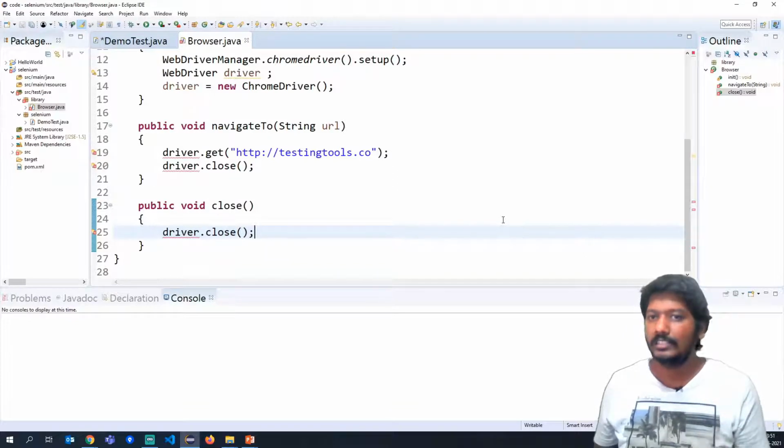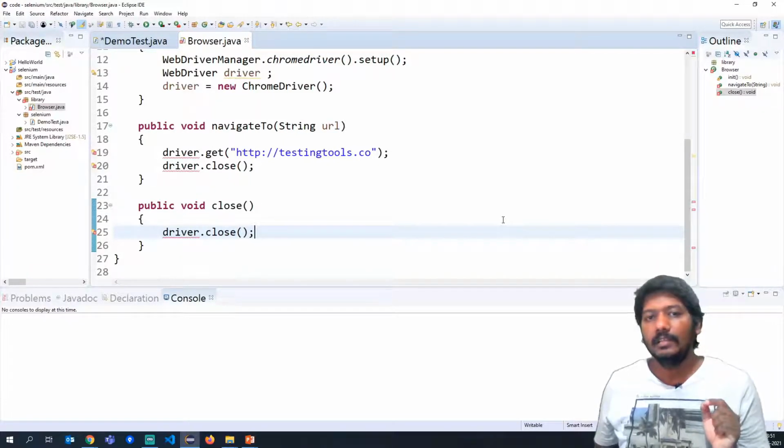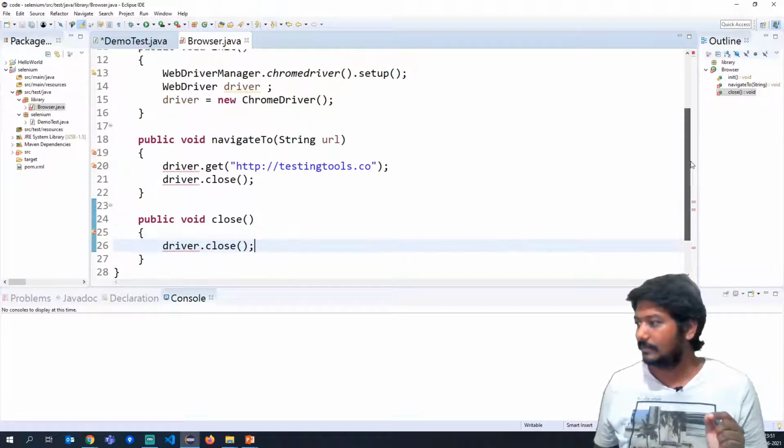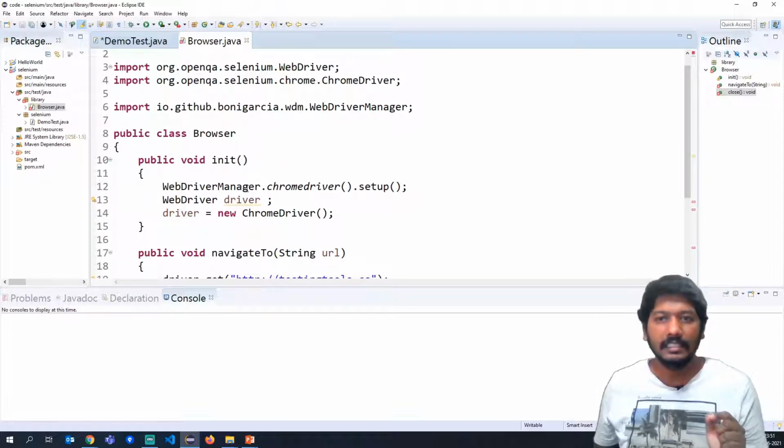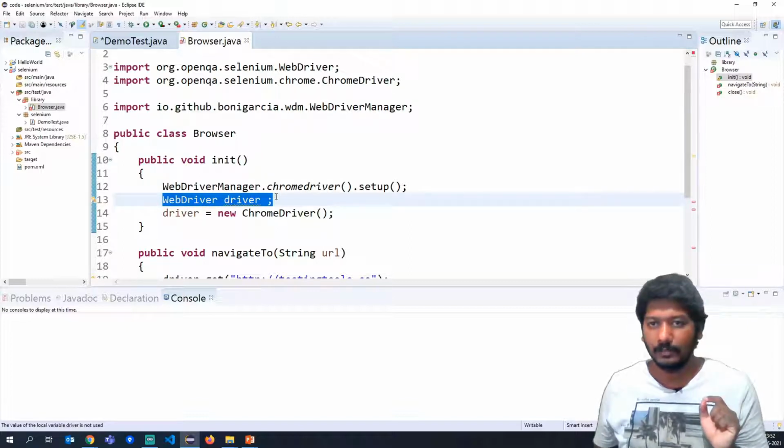Now, I would request you to pause for a couple of seconds and think about why this particular error is coming. Fine. The issue is that in this init method, we have created the driver object.